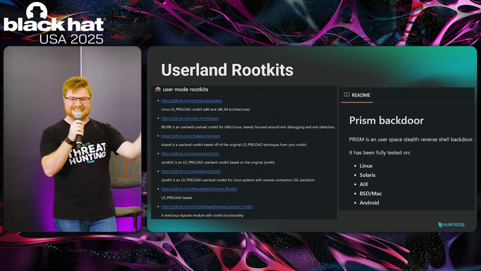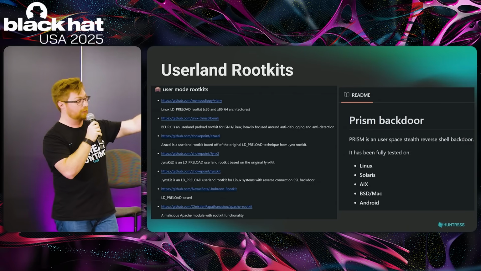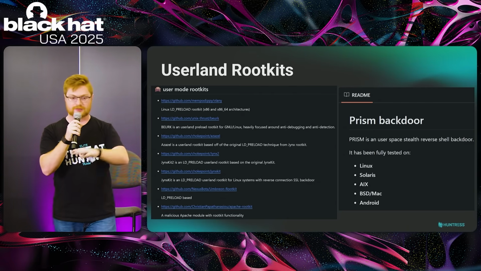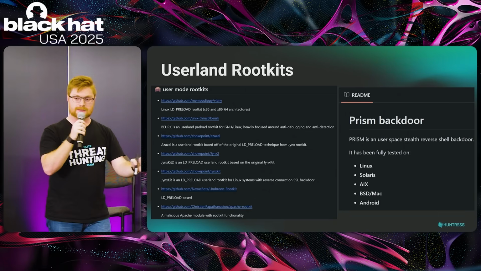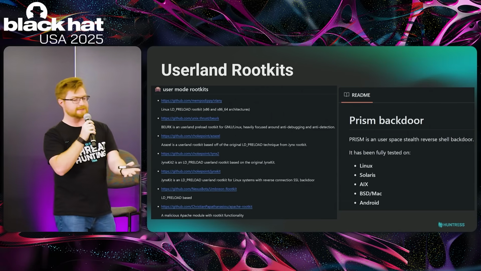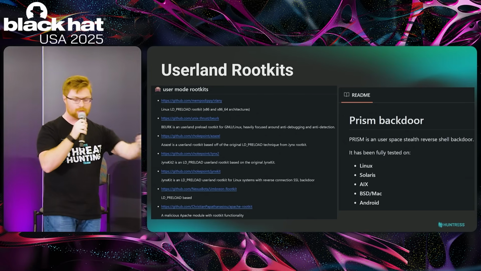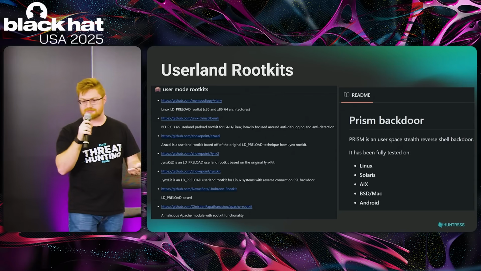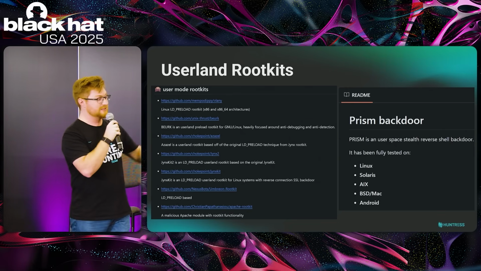But there's one of those GitHub Awesome resources that just lists a ton of these. One that I really like is called Prism. This is a userland rootkit. So, hey, not at the kernel, nothing elite, nothing low level quite yet, but it operates over ICMP. Folks know what ICMP is? Yeah, ping, cool, easy. So normally when you're looking for malicious traffic, you're looking for HTTP web shell communication, DNS exfilling data. How often do you look at ping traffic? Some do, some might, it kind of varies, but that one was pretty neat and pretty stealthy.